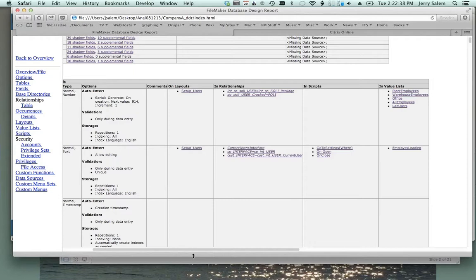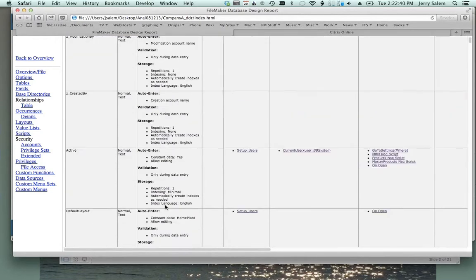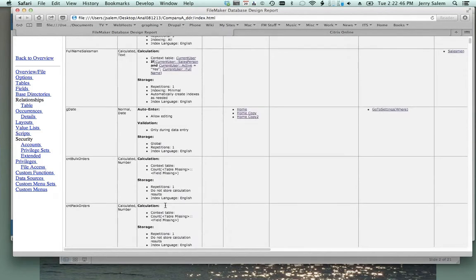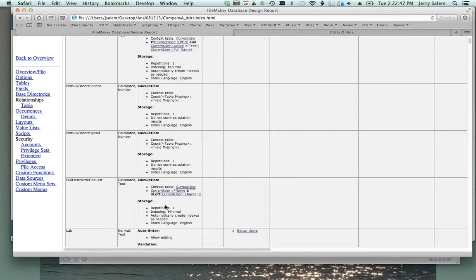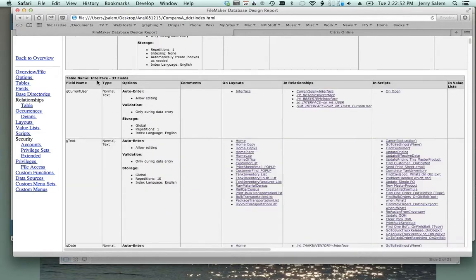There's a section here for every single table. I'll scroll down a little bit. These are all the different fields, and you can see that a lot of these fields aren't being used. Okay, let's get to the interface table. It's got 37 fields. Some are used on a lot of layouts and a lot of scripts. This one, a gtext, is used for data input in a lot of different places. So on these layouts,